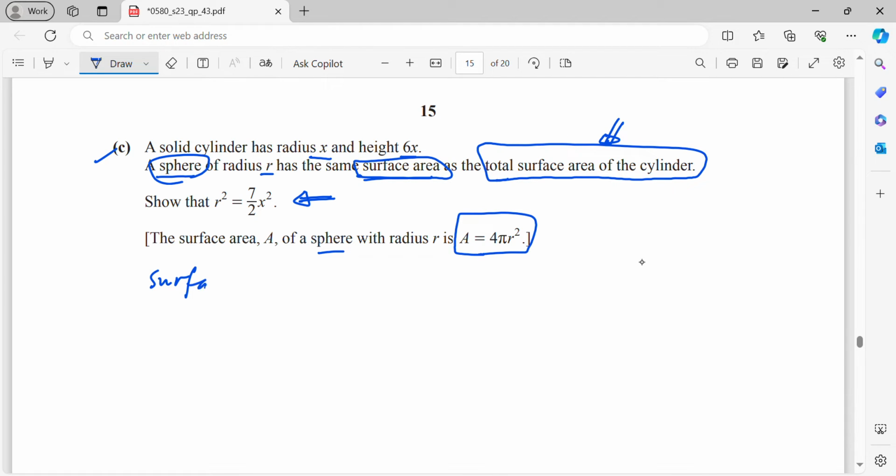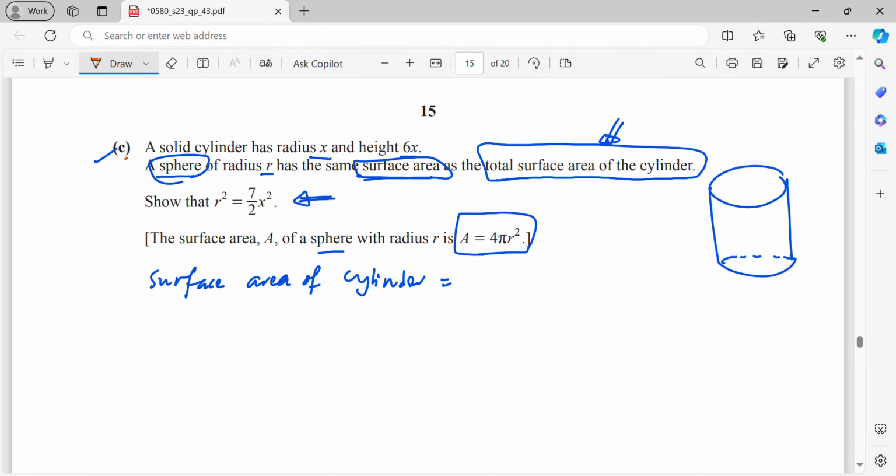So surface area of cylinder. Basically, this is the cylinder. Now, the radius is x and the height is 6x. So if, let's say, you are given a general formula, this is R and here is H. The total surface area, let's say I write A,